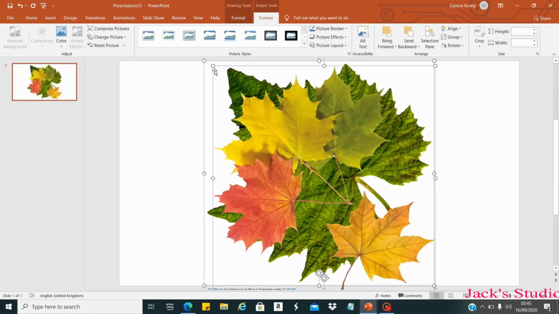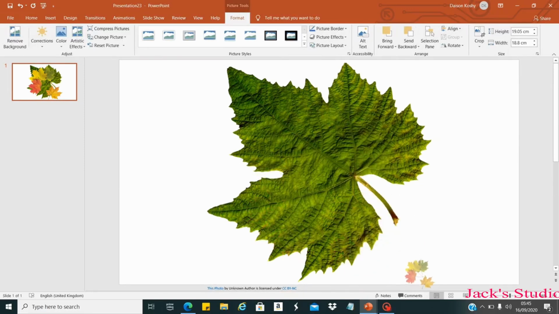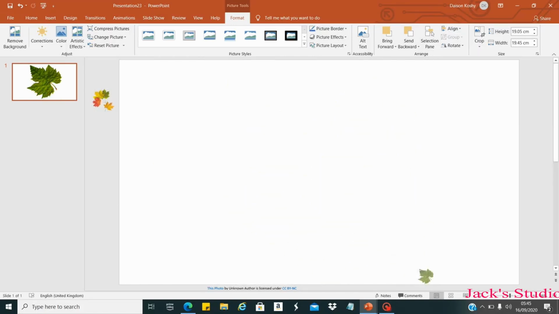Now you can see both images came. Click outside and select them one by one, make the size small and drag it to outside. Select the second one, make it small and bring it here.